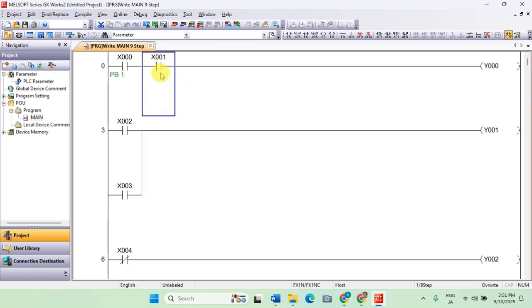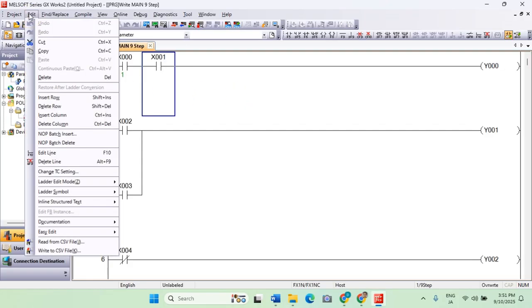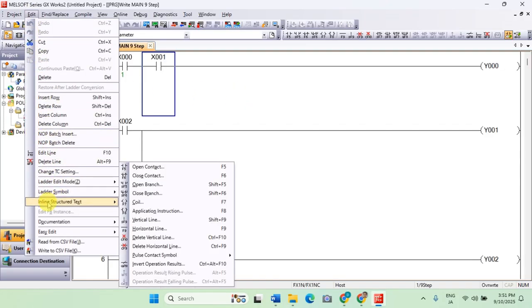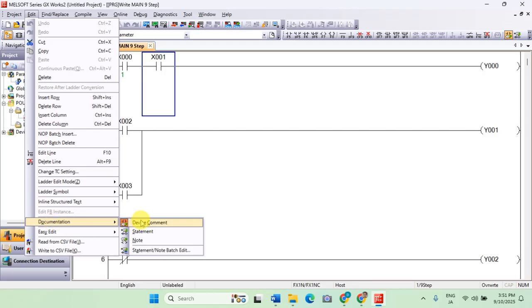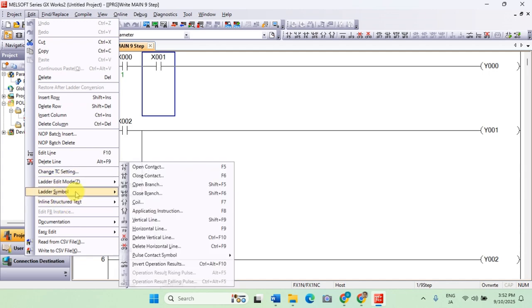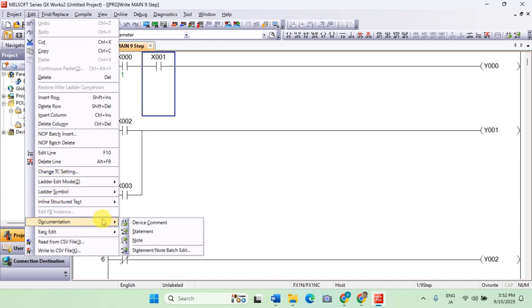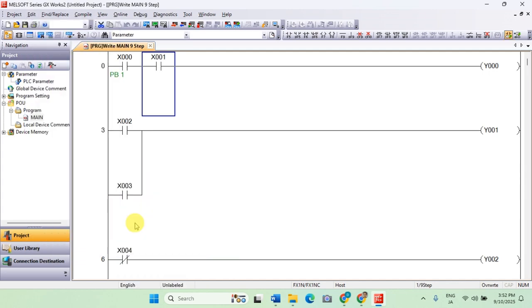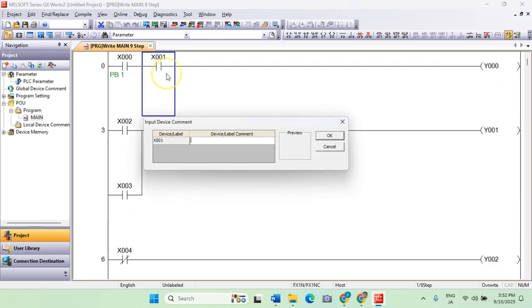Another way to add the device comment is we can go to Edit, then Documentation, and Device Comment. I untoggled it, so I tried again: Documentation, Device Comment. It's the same with this one. When you double click, you can add the comment to your device.